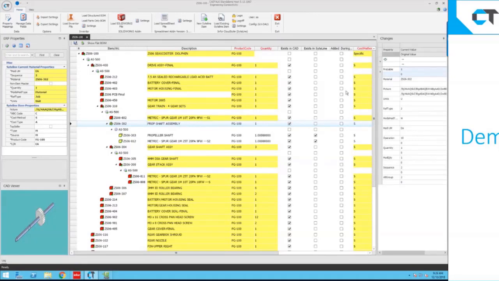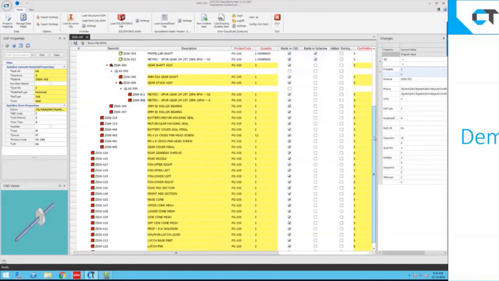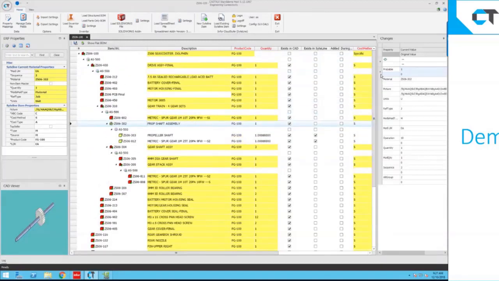Same thing: if I want to make any changes to this bill of material, I have the ability to make any change that I want, change any field. I have support for every single field. You'll also notice that there are fields that are yellow. Yellow fields mean it's tracking the changes from either the default, if it's a new part, or from the existing part inside of CSI. If there's something in CSI that's been changed as part of the mapping, it's keeping track of all those changes.